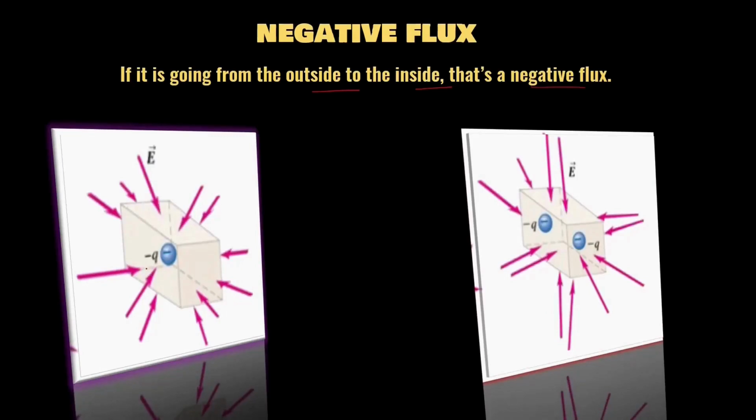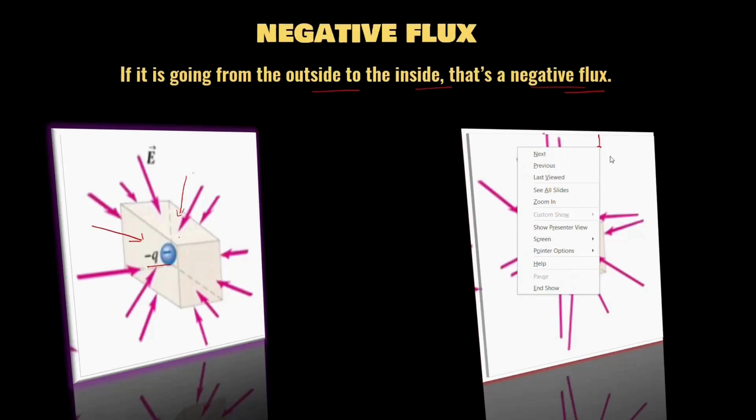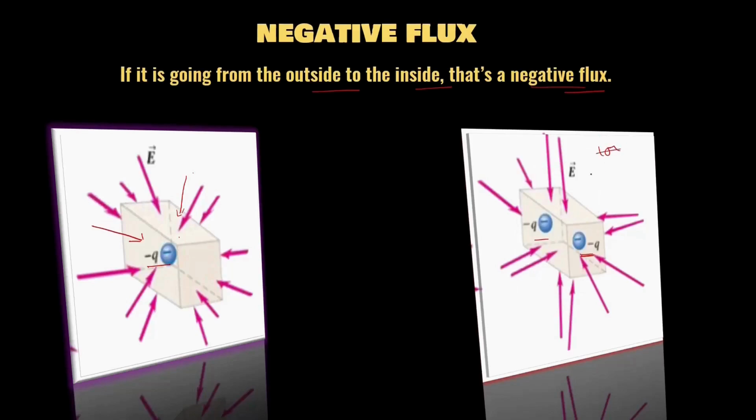Now, if in a container we enclose a negative charge, we know that due to a negative charge, the electric field lines are pointing towards the charge. That means all the field lines will be entering from outside to inside. So all these field lines will be contributing towards the negative flux. Similarly, if we double the amount of the charge present in a container of the same dimension, then the flux will also be doubled. A similar situation also prevails here. If we double the dimension of the box keeping the same amount of charge, it will not affect the flux. So the flux just depends on the magnitude of the charge which is present inside the container.